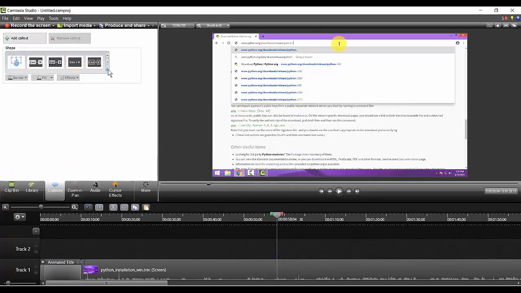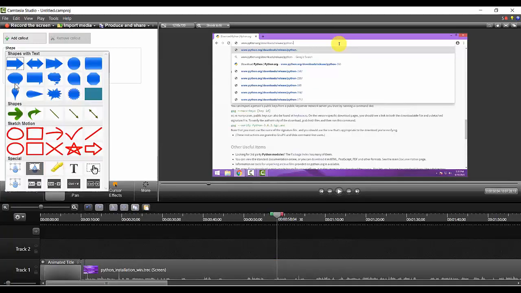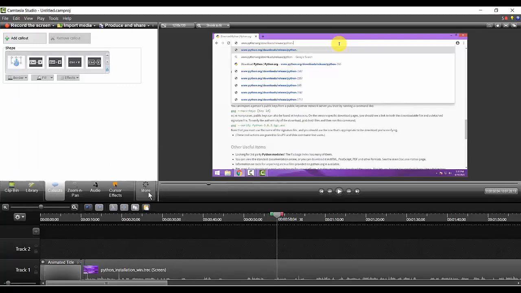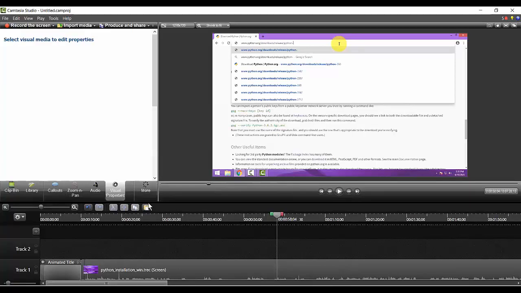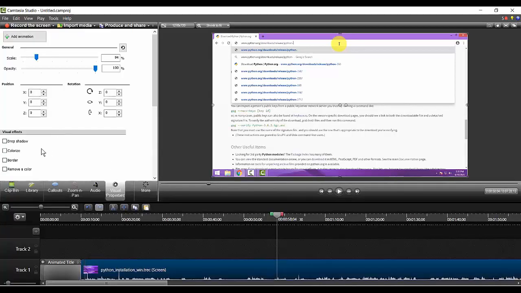These are the options that I'm having with callout. Fine. Now I'm having the option with visual properties. For visual properties, I need to click here. Now you can see this. If I want to do some kind of animations, I can do that. And if I want to do some kind of